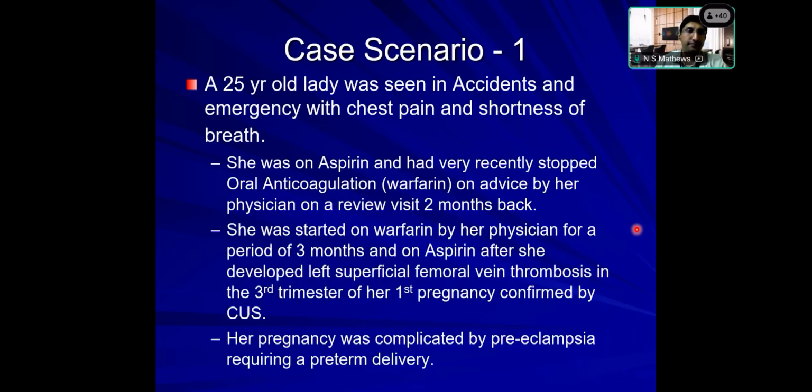So let's start with the case scenario. This is a 25-year-old lady seen in accident and emergency with chest pain and shortness of breath. She was on aspirin and had very recently stopped oral anticoagulation on advice by her physician on a review visit 2 months back. She was started on warfarin by her physician for a period of 3 months and on aspirin